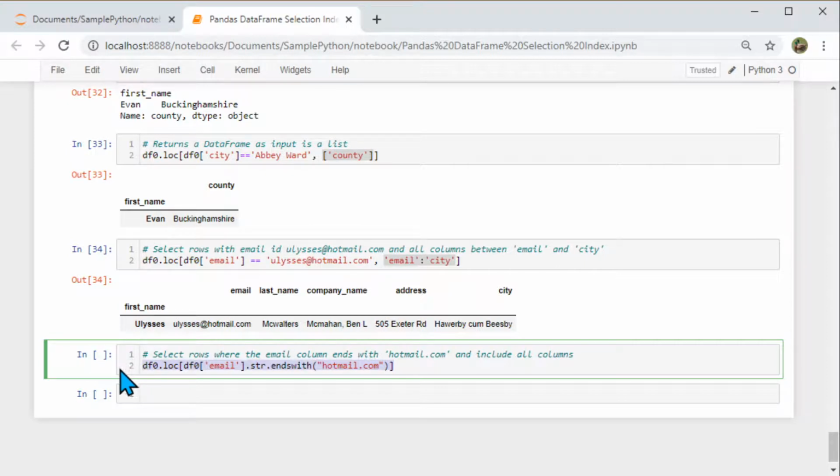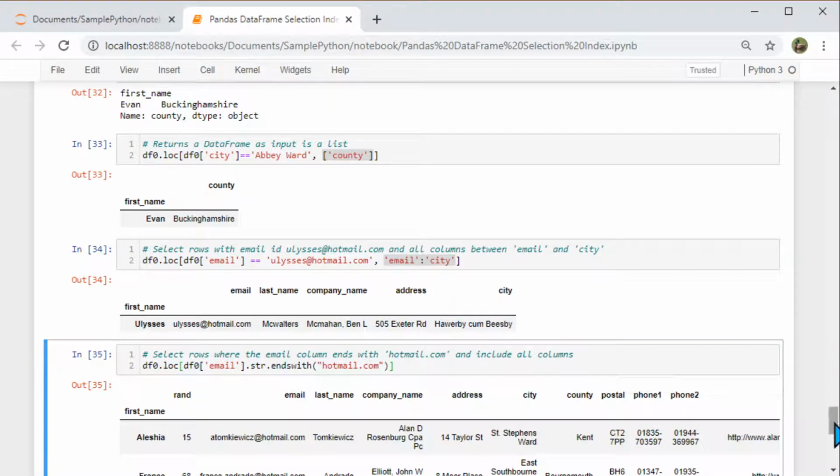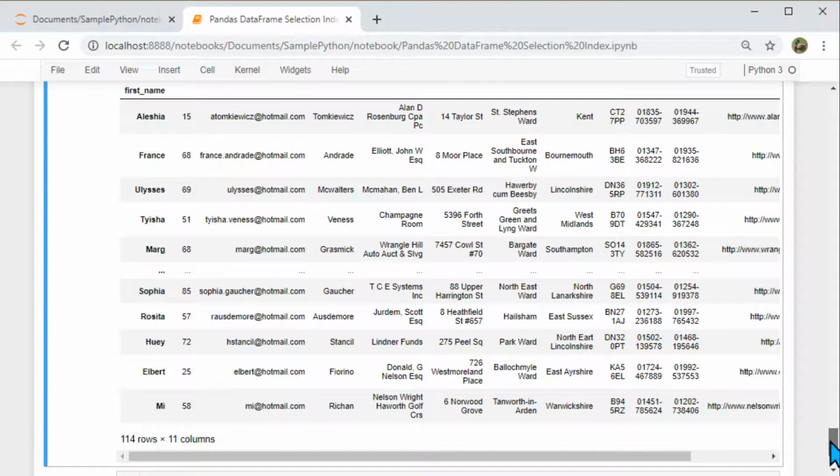When it calls this data frame.loc, it's going to show only records which have a Hotmail email ID. Let's execute this and see how the output looks. If you notice, this output contains all email IDs that are Hotmail. So there are 11 of them. Now our life is a little easy, as we have filtered it down to 11 rows and can identify the one you are looking for.